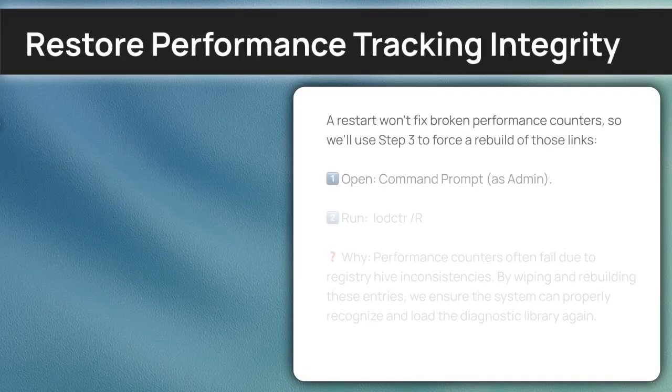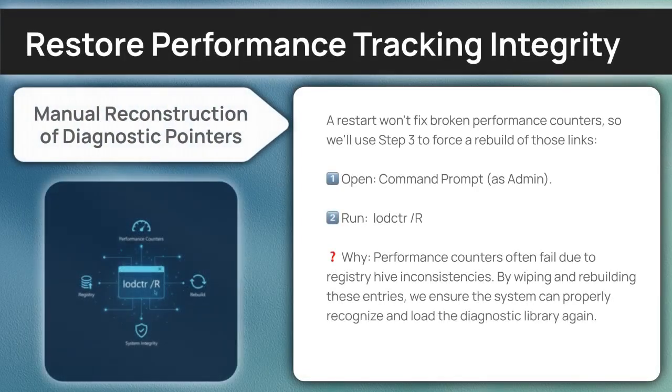If that didn't clear the error, follow these instructions to modify your system paths. If you need to pause the video to type these out, please do so. A restart won't fix broken performance counters, so we'll use step 3 to force a rebuild of those links. First, open command prompt as admin. Second, you're going to type